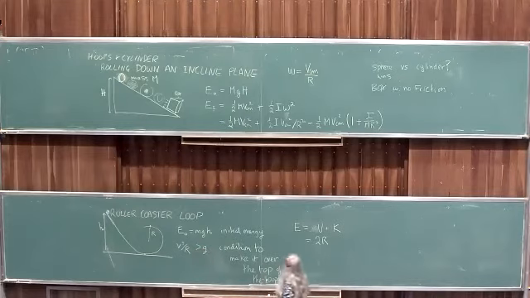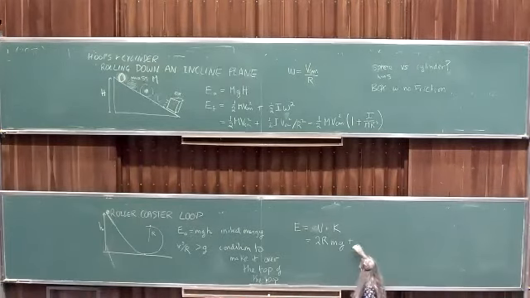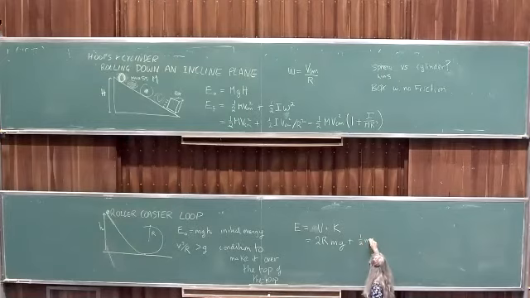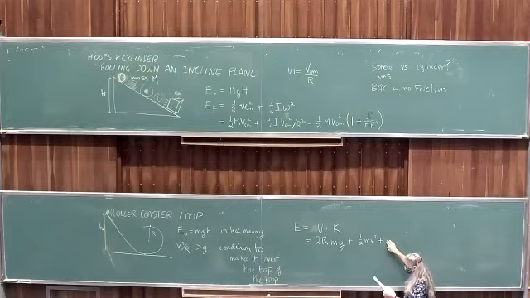So that's the potential energy, and the kinetic energy is 1/2 mv squared, the center of mass velocity,